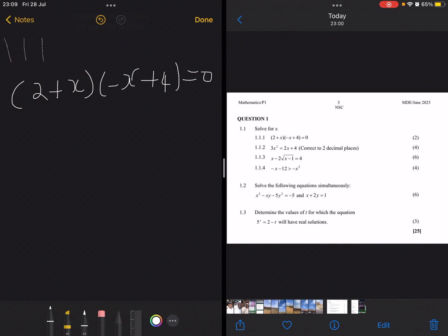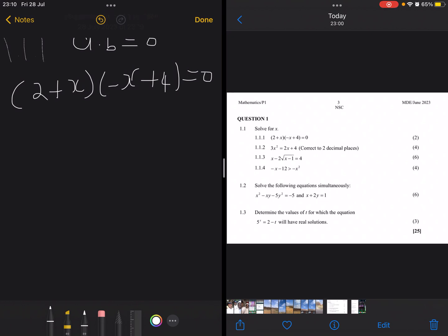Okay, so in today's video, we'll be looking at the Mpumalanga grade 12 mathematics paper 1 June exam. And this is question 1, as you can see on the right hand side. And we'll be looking at 1.1, where we're solving for x. Now, 1.1.1, the question is already in the format a times b is equals to 0,